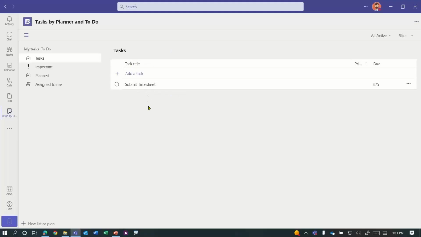Now, in Outlook, you can make a recurring task. For example, this is a good example here. I have submit timesheet, of course, to get paid, right? Well, I need to get paid every 2 weeks. So let's say I'm submitting the timesheet for this paycheck. I mark it as complete. And in Outlook, it'll automatically recreate it for the next 2 weeks. Notice that now the date changed from the 5th to the 19th. So if you do need to make recurring tasks, I recommend you go through Outlook and create them there.